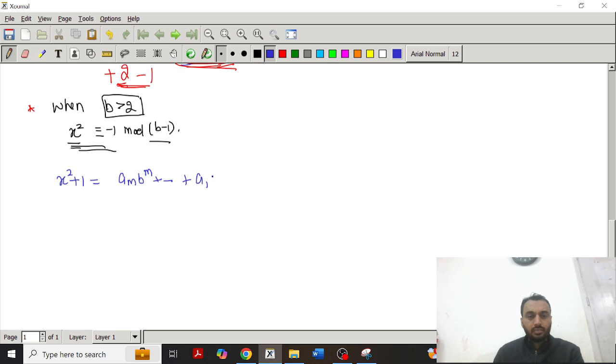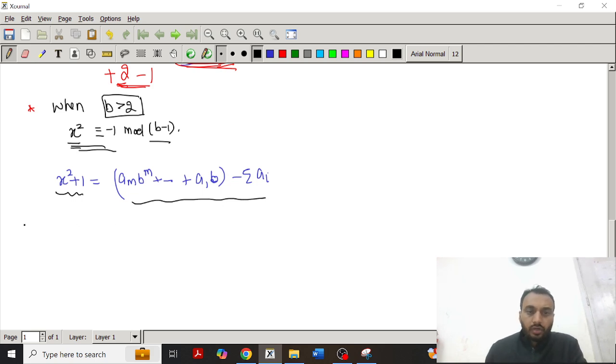what we can say a1b, no, minus summation of ai. So if we try to make a square from here only, can we do some modification in this to get a square? If we are able to make a new square from this condition, x square plus 1 is equal to this,